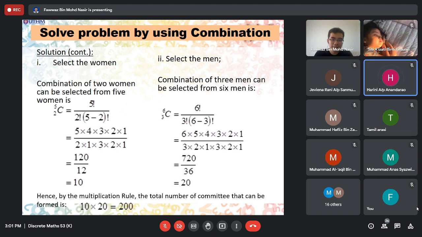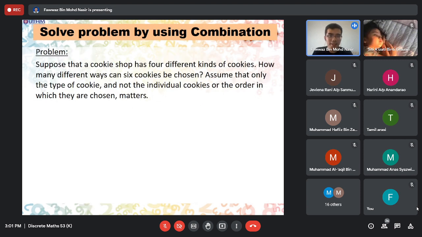No, sir. Okay, so we look at the next example. Suppose a cookie shop has 4 different kinds of cookies. How many ways can 6 cookies be chosen? Then assume that only the type of cookie and not the individual cookies or the order in which they are chosen matters. Okay, jadi in this case, kita nak select 6 cookies, but we have only 4 different types